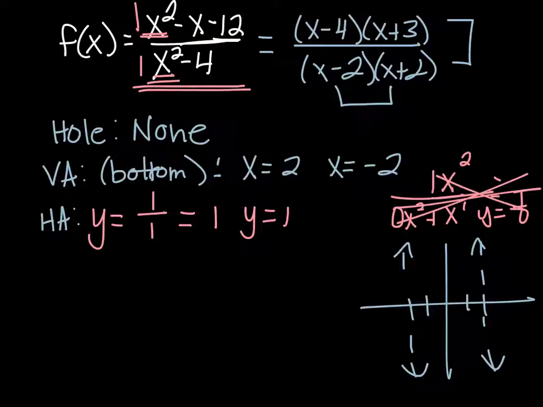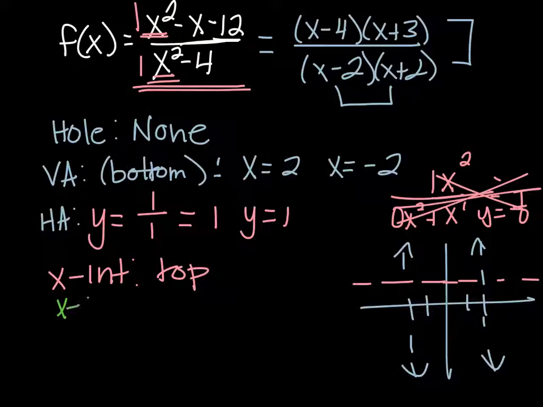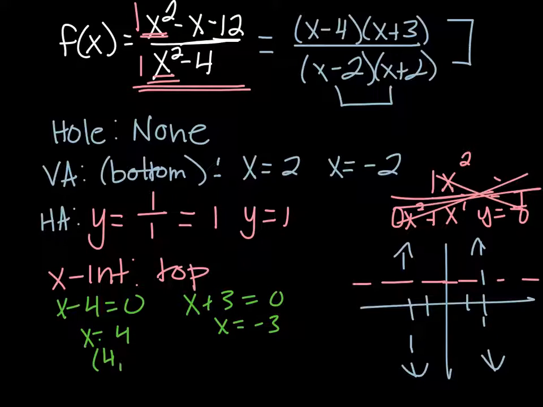Is there anything else we have to find? So let's say at y equals 1, there's a horizontal. Sometimes we are asked to find the x-intercepts, and the x-intercepts come from the top. So what I'm going to do here is take the factors of the top and set them equal to 0. Therefore, x equals 4 and x equals negative 3. So at 4 comma 0 and at negative 3 comma 0,